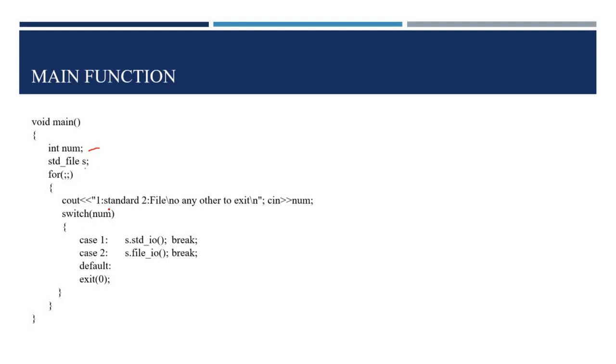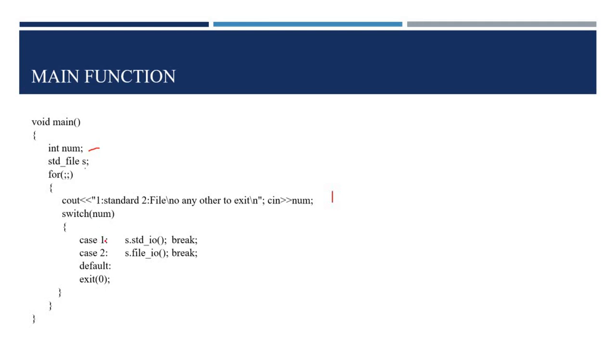In the for loop, the user is asked to enter the choice, whether the user wants to perform with the standard input or with the output file. The user has only two choices. If any third number is entered, that will be a default case within the switch case statements, which will exit. So assume that in the initial case the number is 1, switch is passed with the value and it checks with case 1.